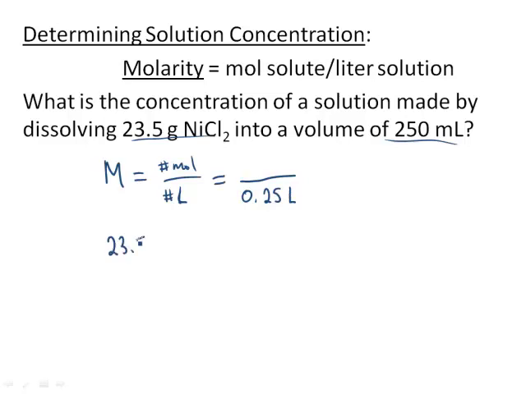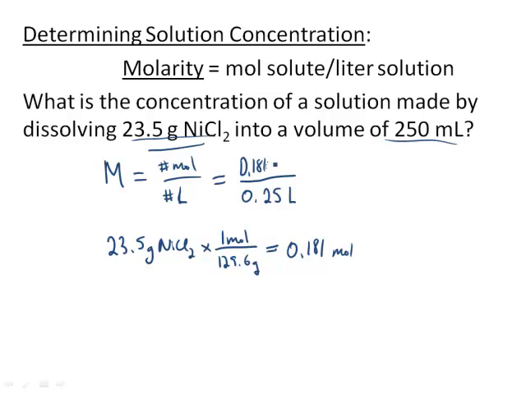And our 23.5 grams of nickel chloride, we need to convert that into moles. And that we do use the molar mass because it's pure nickel chloride. So that's 129.6 grams. That's the molar mass of nickel chloride. So 23.5 divided by 129.6, 0.181 moles. So that's 0.181 moles of nickel chloride divided by the 0.25 liters, and that gives a molarity of